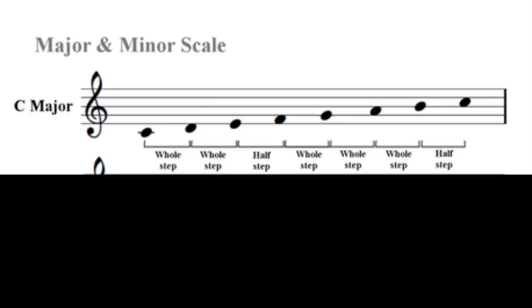The major scale is characterized typically by sounding happy or upbeat. The one on the screen is the C major scale, which is known as one of the easiest scales given the fact that it has no accidentals, meaning no sharps or flats. If you went through every note here, every single one of them would be natural, starting from C and ending